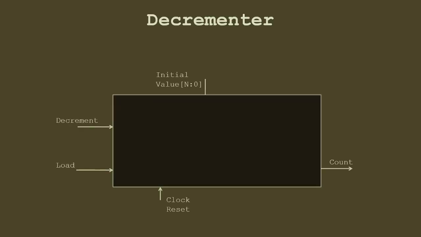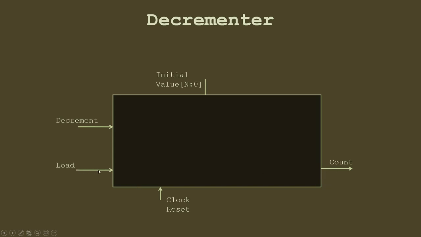First of all, when we want to design something, we make a black box and we write all the inputs and outputs, and then we think of what can be done about it and how we can design it. Since you already know all the building blocks, we'll be using only those building blocks to make this decrementer. So what we want is to have a value of count, and